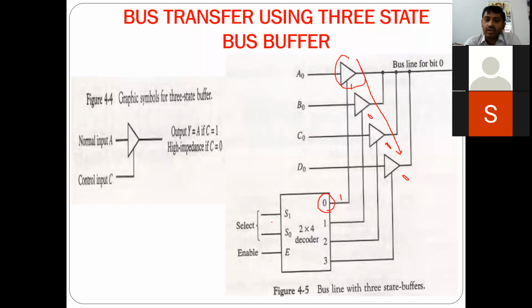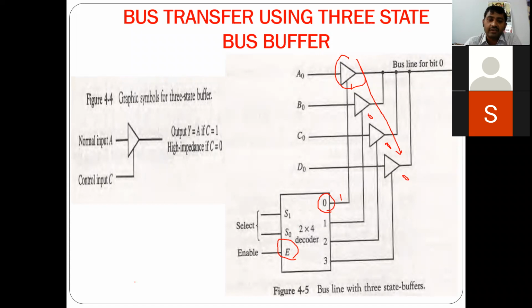Suppose if it is 0 1, then what will happen? The B0 will be active and the remaining 3 will enter into high impedance, right? Similar to that. So all these will be done if and only if enable is equal to 1. If enable is equal to 0, the total circuit is not selected, and there is no point of discussion about the tri-state buffer for this bus line. Okay, so this is